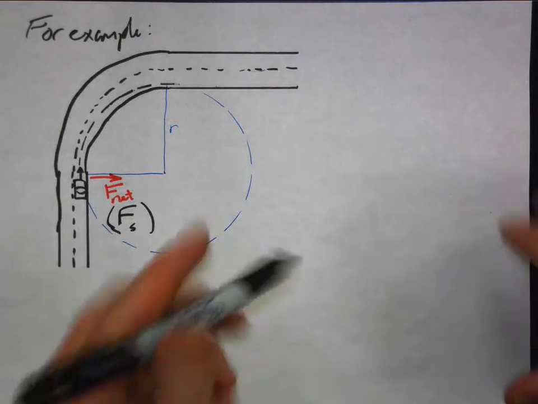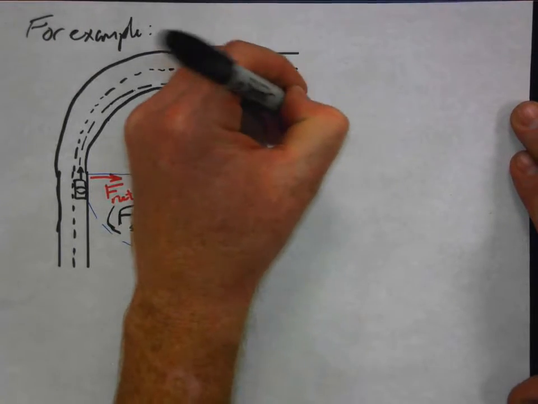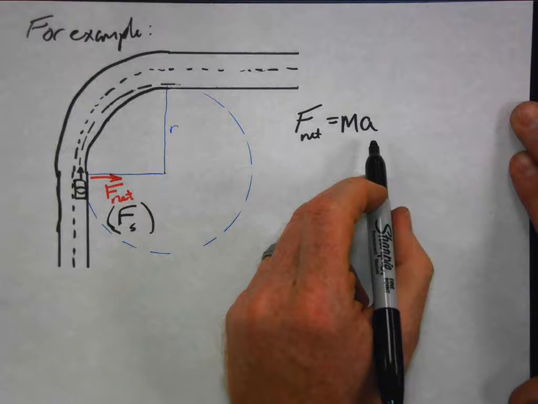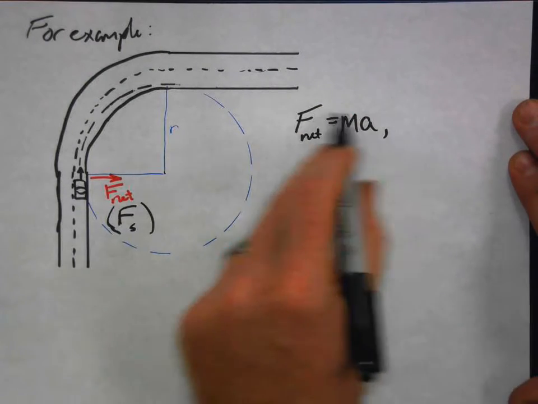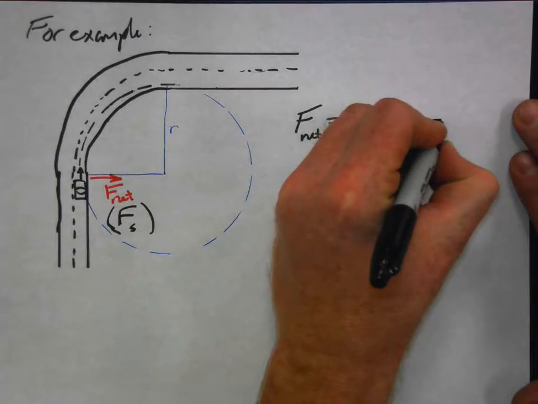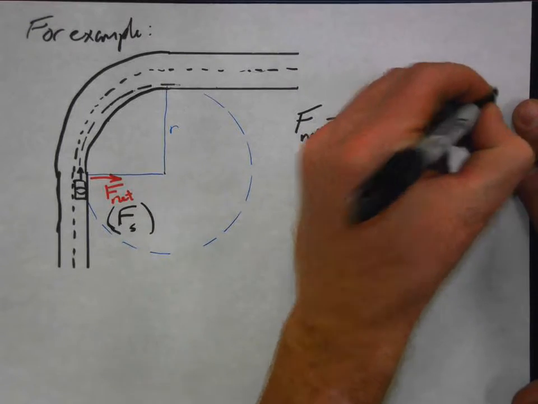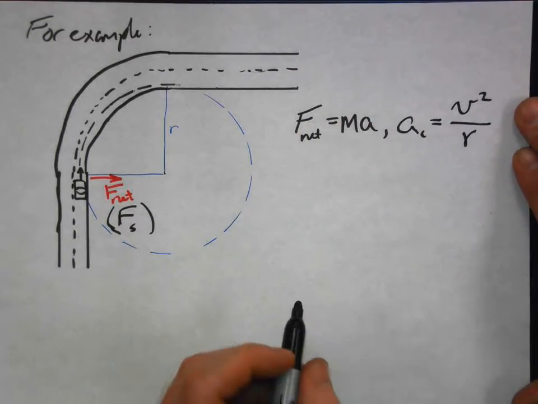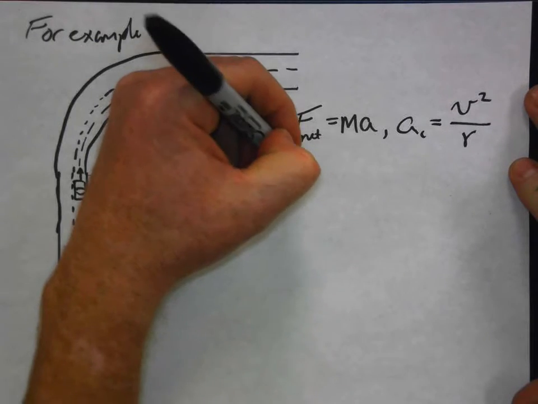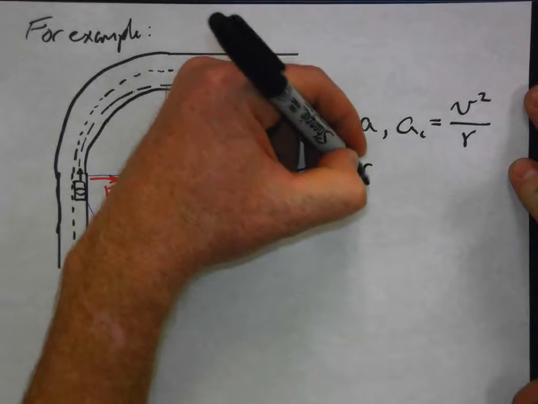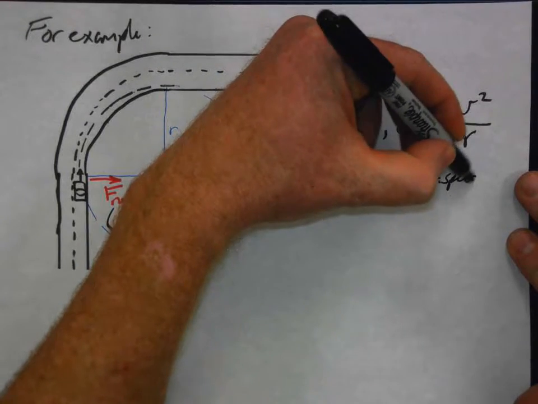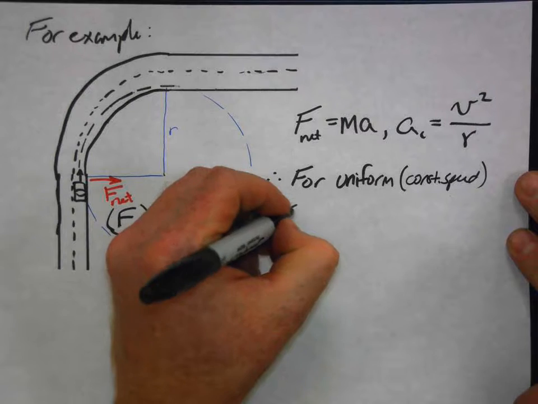But now, bringing it all together, what we know is that there's a net force. Net forces will cause an acceleration. We also know, and this is Newton's second law of motion in a nutshell, that a centripetal acceleration is related to the speed squared divided by the radius of the circle. And so we can put those together, so we can say, therefore, for what's called uniform, and what that means is constant speed, uniform circular motion,